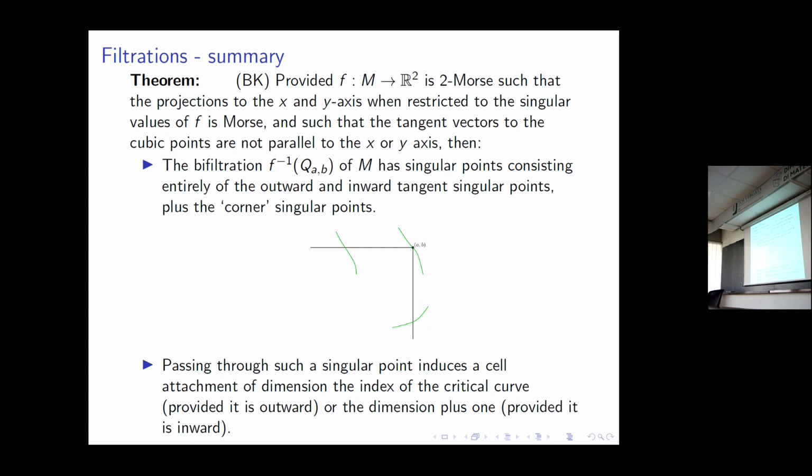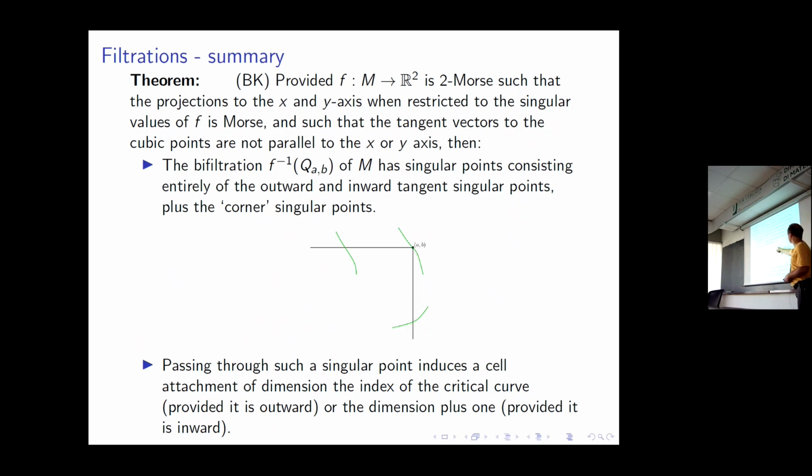Let's see. So a summary of what I just described. When you have a 2 Morse function, and consider the projections to the x and y axis on the singular set, if the x coordinate as a function restricted to the singular set is Morse, and the projection to the y-axis restricted to the singular set is Morse, ignoring the cubic points, then this bifiltration has singular points consisting entirely of these outward and inward pointing tangent singular points, and